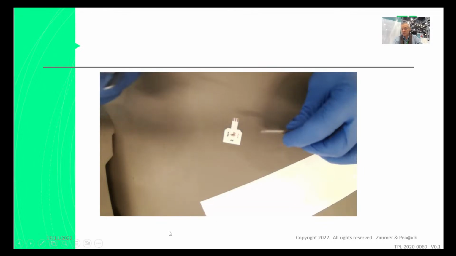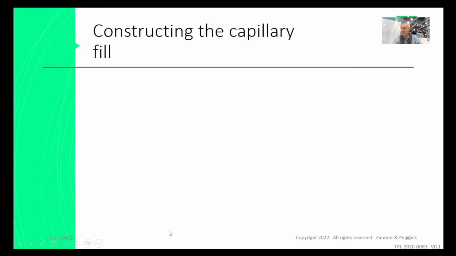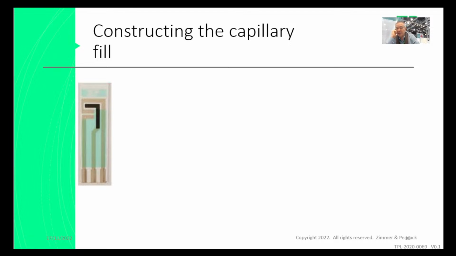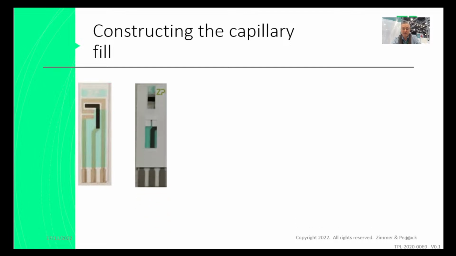I'll go on, I'll just click on a bit more now. So if I was describing how to construct a capillary fill sensor, this is one of our hypervalue electrodes. You can make these kind of features on top of it. That's a capillary fill. It will actually just suck in blood or any sort of sample and bring the sample straight to the sensor. And the way we construct it is we just